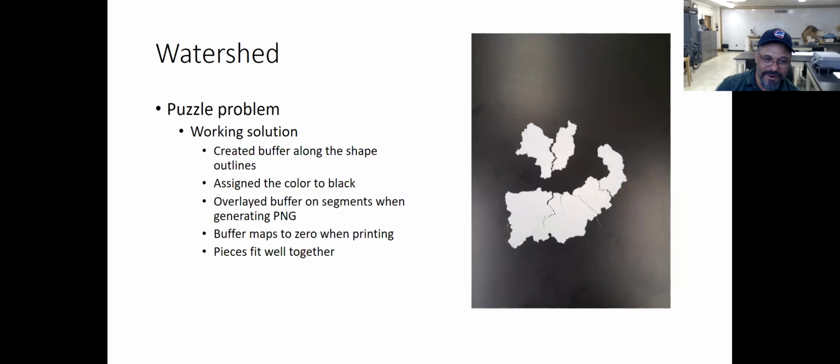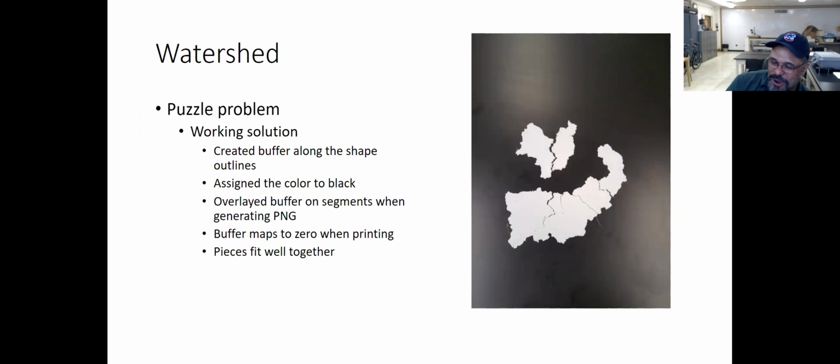Because I needed something less stressful than everything else, as a de-stressor I decided to solve Lily's puzzle problem. I seem to have a working solution. As you see, these are all pieces I've printed up that actually fit really well together, nicely tiled, and they can actually snap into each other now. What I did was I went in and created a buffer zone along all of the shape edges. And then I took the buffer zone and assigned that to black.